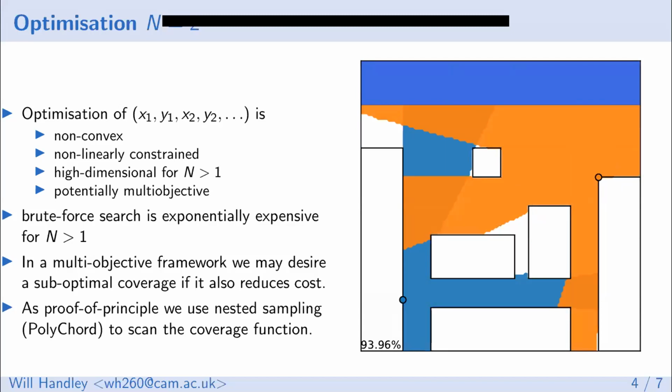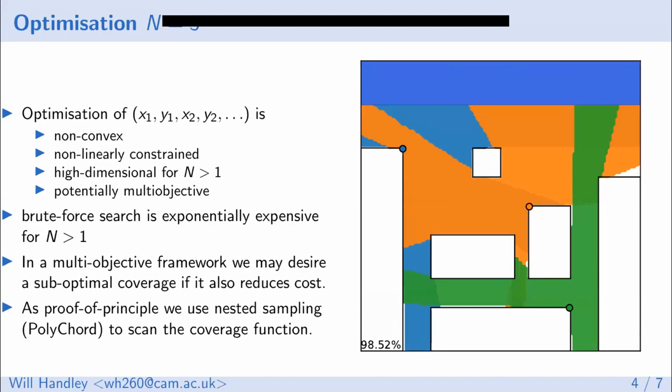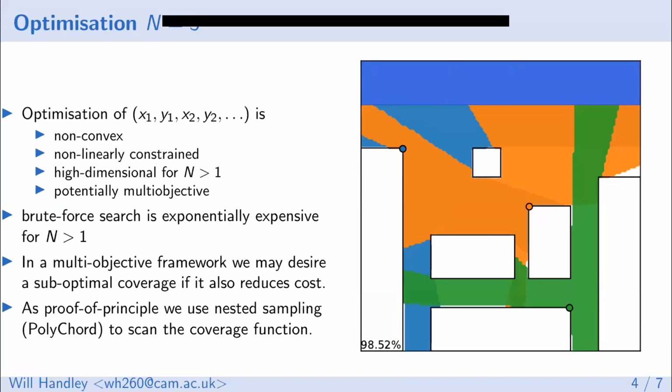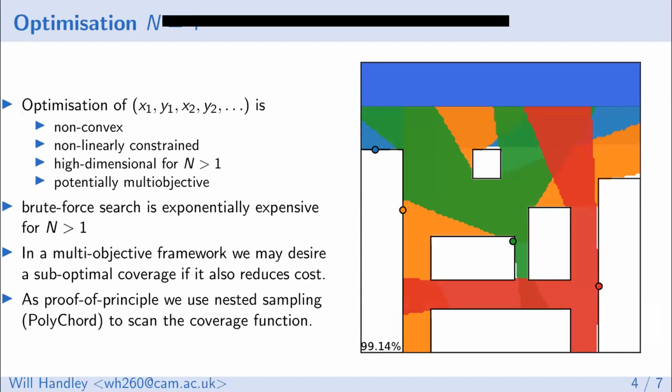In going from N equals 2 to N equals 3, you get a jump from 93% to 98%, with quite different coverage. Of course, when you solve for this using an ensemble-related approach, you get multiple solutions. So there are other solutions which are slightly less good coverage, which look more similar to the previous one. And then N equals 4 is approaching 100% coverage, within the discretization limit of the integral that I was doing here.